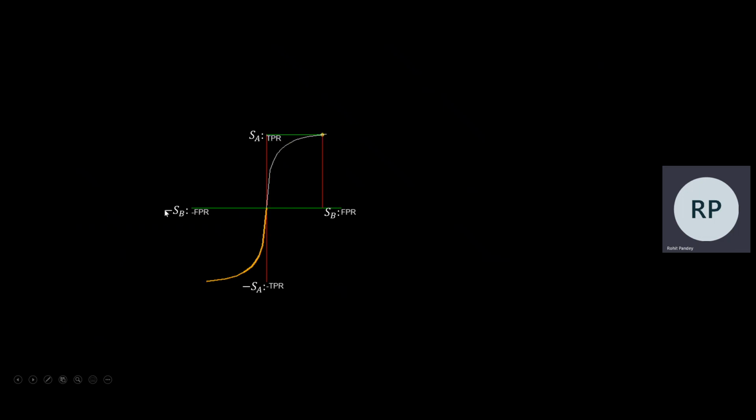But we want 1 minus survival function of B versus 1 minus survival function of A. So whenever you have an x versus y plot and you want to plot x plus A versus y plus B, you just move your origin to minus A comma minus B along with the whole xy axis. And when you do that, you're plotting x plus A versus y plus B. So here, you want 1 minus survival function of B versus 1 minus survival function of A, so you just move the origin to minus 1 comma minus 1 in this way. And when you move it like this, then you get the ROC curve for the flipped strategy, right?